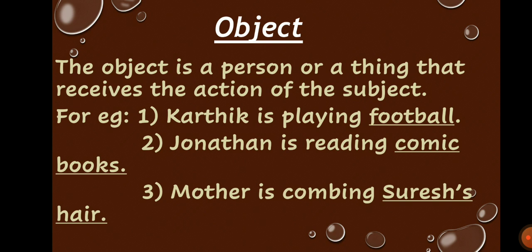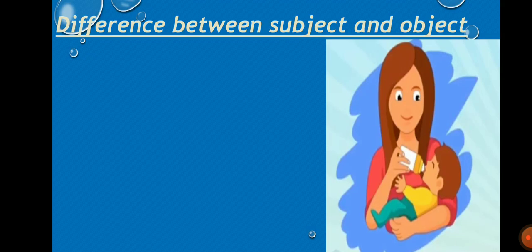In the first sentence we saw that football is receiving the action of playing. And in the second sentence we saw that comic books is receiving the action of reading. And in the third sentence we saw that Suresh's hair is receiving the action of combing. So students, I hope that you are clear with what object is. Now let us see the difference between subject and